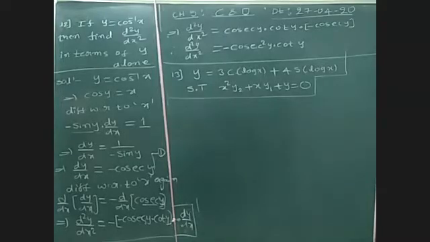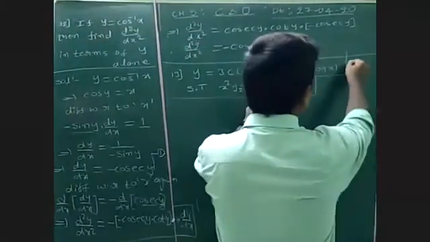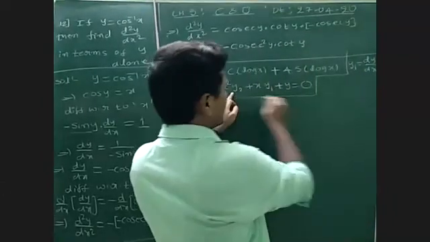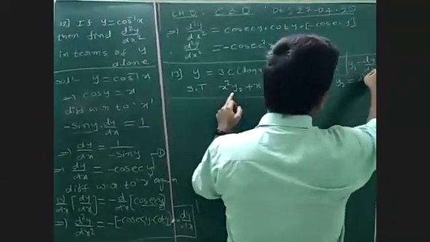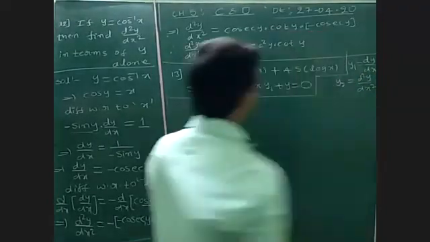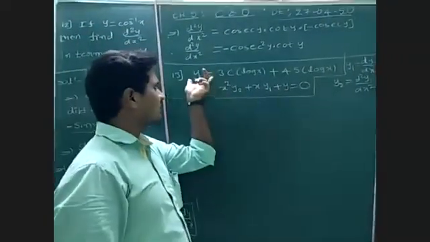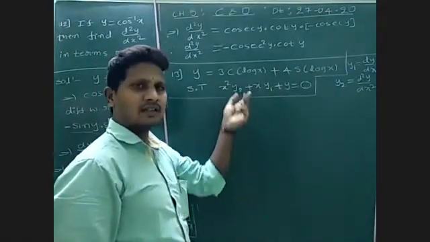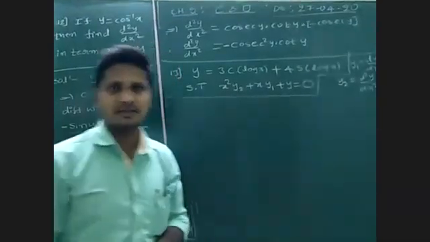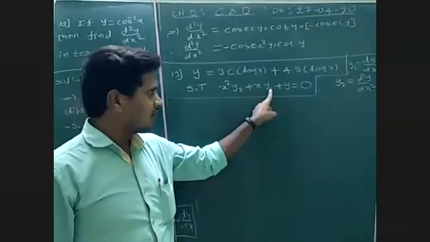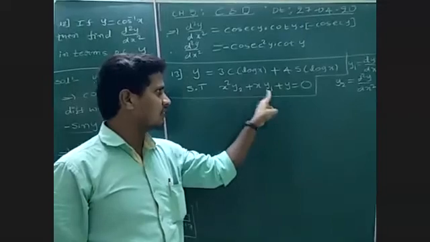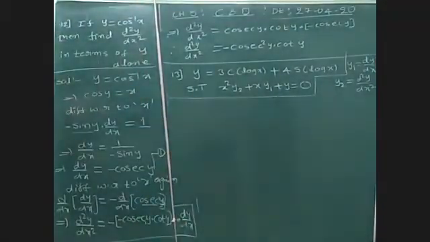So what is meant by y1? What is meant by y2? Y1 means, as you already know, dy by dx. Y2 means the second derivative, nothing but d square y by dx square. So finally, by using this y, we can find y1 as well as y2, by differentiating y. How many times can we differentiate? Two times. If we differentiate once, we get y1. Then again we differentiate, we get y2. Okay, do it fast.